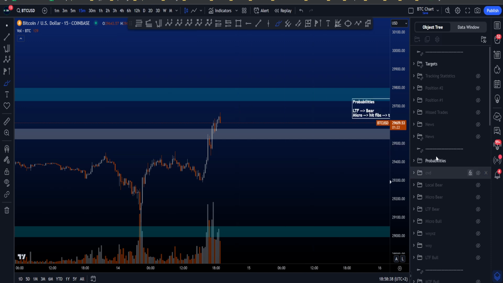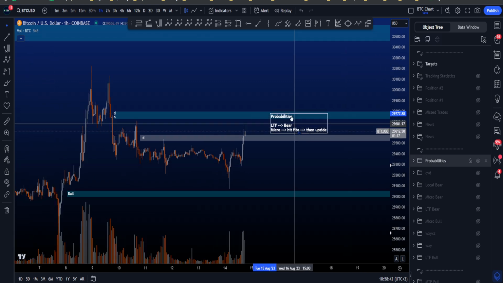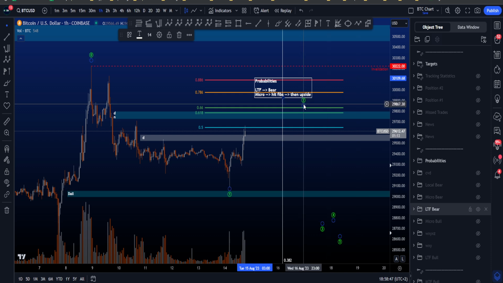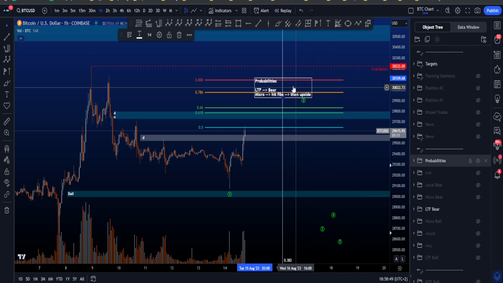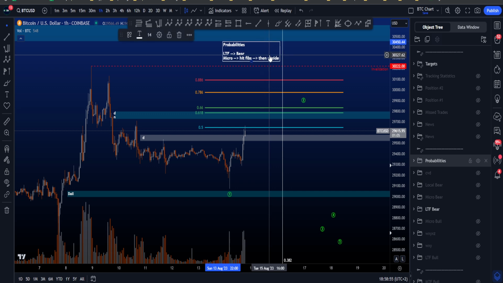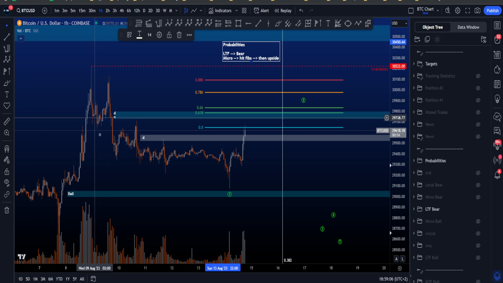And if we then finally look at the probabilities of the different scenarios that I mentioned, then currently, low time frame wise, I'm still looking for a wave 2, or at least I am still looking at probabilities from an Elliott Wave point of view, because it's not about what I want but what Elliott Wave is showing us. From an Elliott Wave point of view, the probabilities at the moment are higher for this to be part still of a wave 2 for then a wave 3 to the downside,